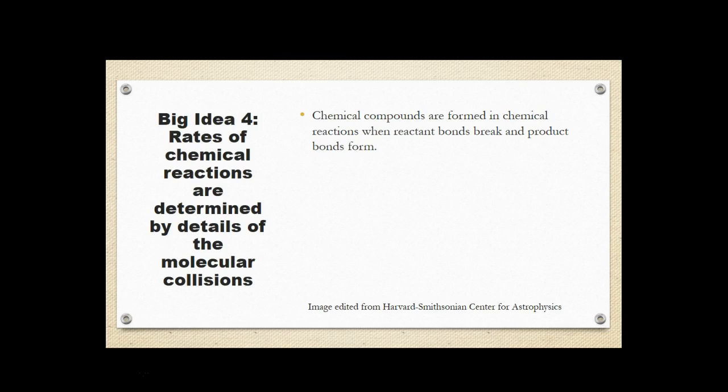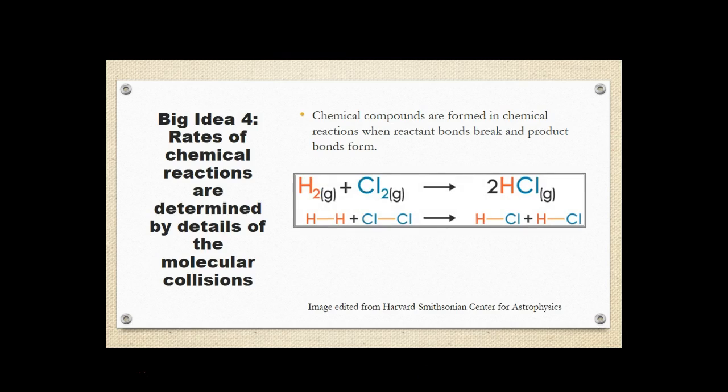We know that chemical compounds are formed in chemical reactions, and they're formed when the bonds of the reactant molecules break and then product bonds form. Giving you the example of hydrogen gas reacting with chlorine gas to form 2 molecules of hydrogen chloride. The diagram shows you the hydrogen-hydrogen bond and the chlorine-chlorine covalent bond. Those are going to be broken, and then hydrogen chloride bonds will be formed between the atoms of the 2